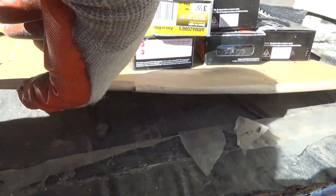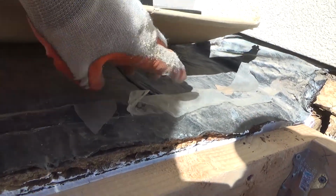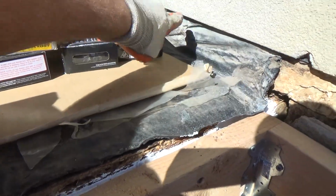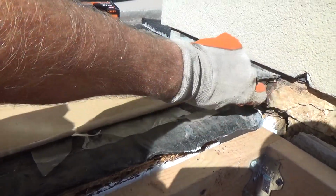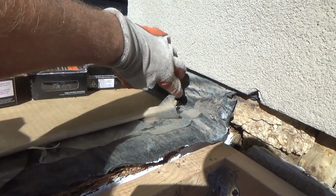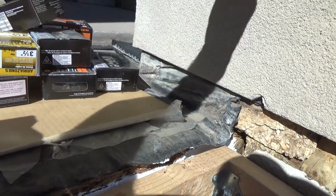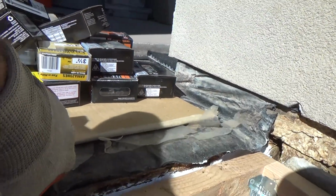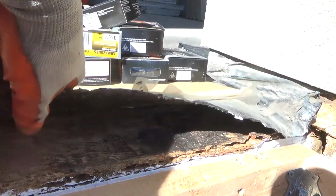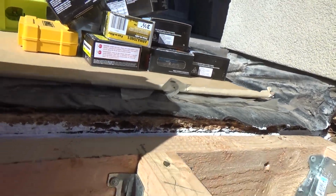This is just a piece of cardboard that I've had protecting this. This stuff is going to stay. I'm going to have that stay, but if I can cut that out of there, and that's suspect anyways because it's all bad under there, see? I'm going to cut that back, then I can peel this back a ways because it lifts right up, see? And then I can do some patching there. I'm not going to even mess with that right now, but I'm just saying,